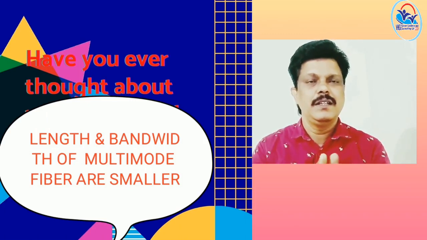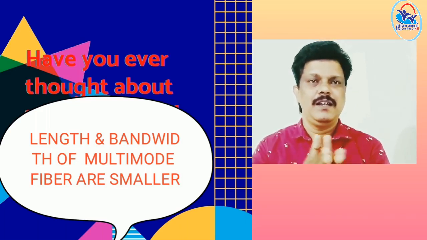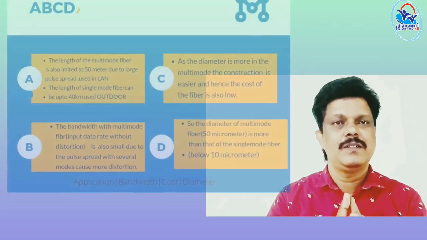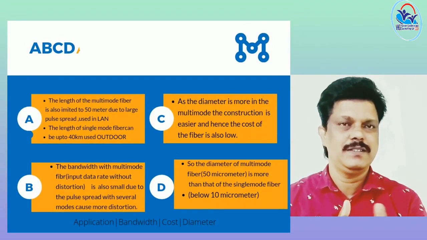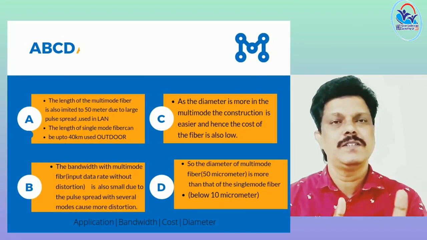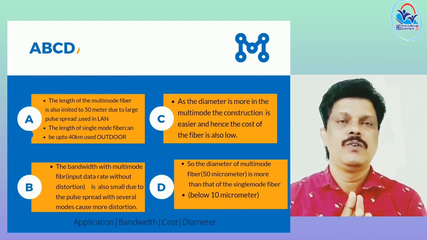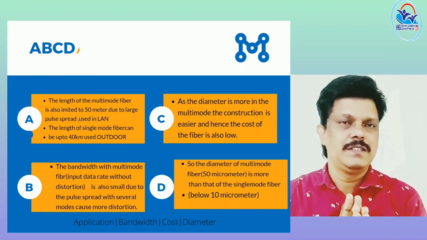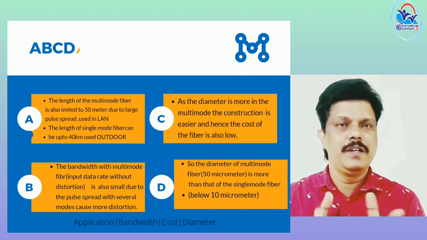Moreover, the pulse spreading increases with the length of the fiber. So in that case, with the multi-mode fiber, we have to limit the length of the fiber that we can use for data transfer. So the multi-mode fiber is limited to 50 meters length. Whereas in the case of single mode fiber, we can make a single mode fiber of single length up to 40 kilometers. At this point, we understand that the multi-mode fiber is cheaper than the single mode fiber, but its length is limited to 50 meters.